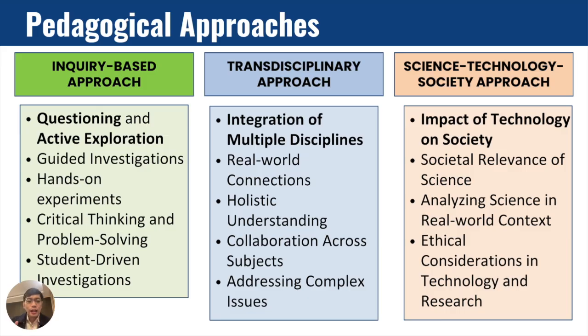Third is the Science Technology Society approach. This approach highlights the relationship between science, technology, and society. It helps our learners examine how scientific knowledge and technological advancements affect people's lives, communities, and the environment. It also encourages our learners to think about the social relevance of science, including, let's say, ethical issues, responsible use of technology, and decision making in real world